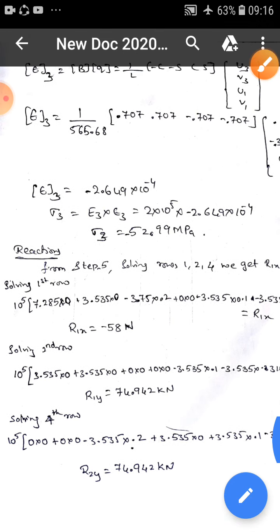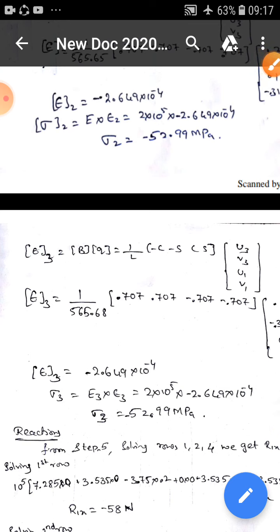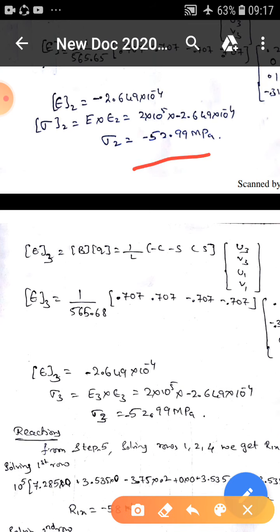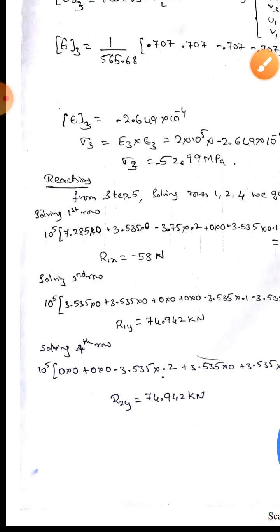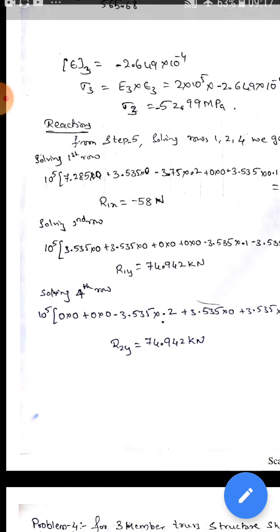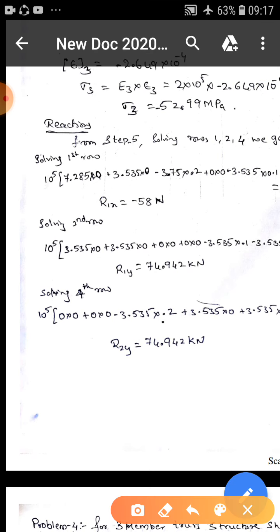See here, you can see the stresses generated. Stress generated in the second element and third element are almost the same, because it is symmetric in nature, right? The load applied is exactly in the middle, and the lengths of the elements are also the same, areas are also the same, and the stresses are also almost the same. Coming to the reactions, 150 kilonewton is the negative force applied. Applied force is 150 kilonewton.